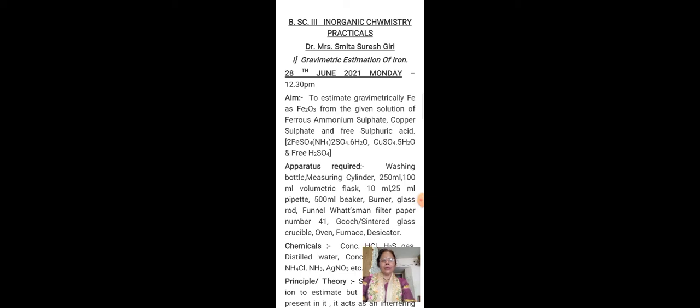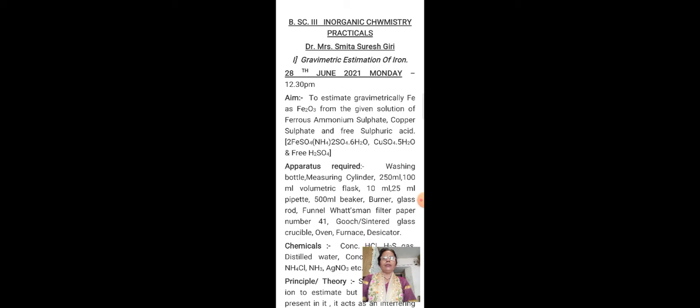Last week's PowerPoint presentation, which I have sent you, explained the terms of gravimetric estimation. Gravimetric is a quantitative analysis whose unit is grams per liter, because we get the product in solid form and the result is given in grams per liter. This experiment is very important from the industrial point of view. To choose the correct answer and give the correct product, we always give importance to gravimetric analysis.